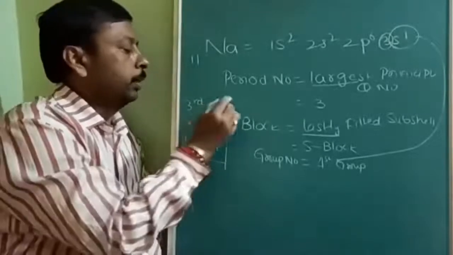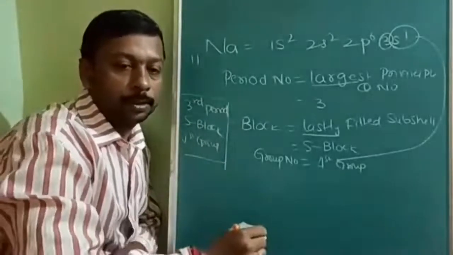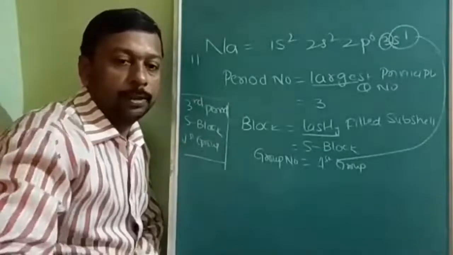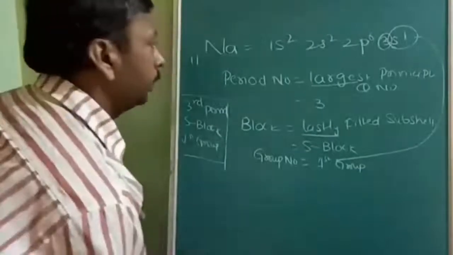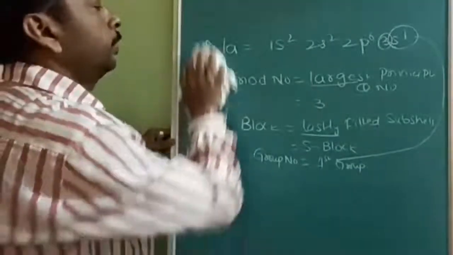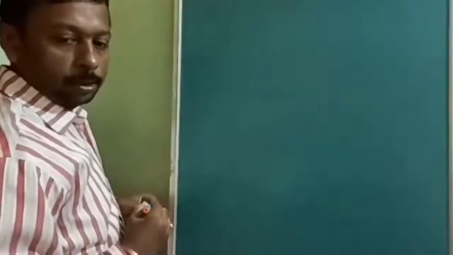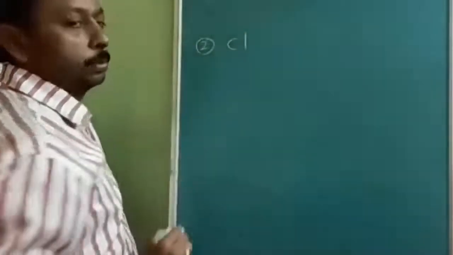This is how you have to approach as per the official procedure. Okay, this is the official procedure. So make a note of it. Then I will explain some more difficult examples. Now let's see the next question. Next question I am taking somewhat different so that you can understand all varieties. Here I have explained the S block. Now I am going to take the second example from the P block, that is chlorine.